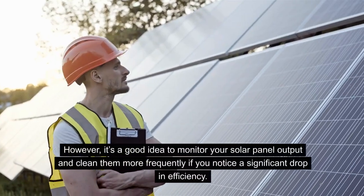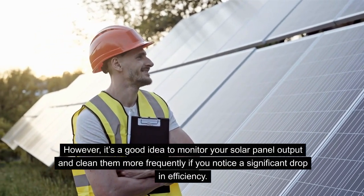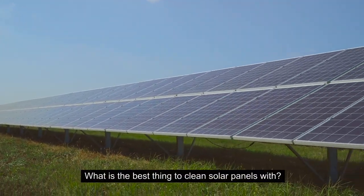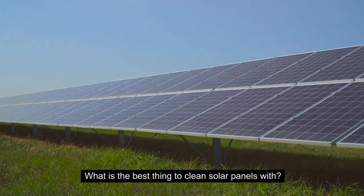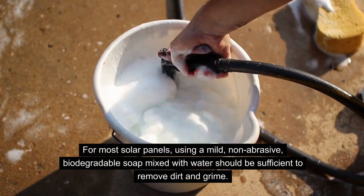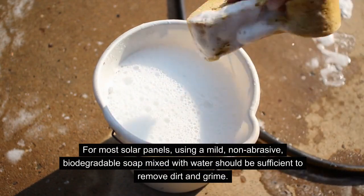However, it's a good idea to monitor your solar panel output and clean them more frequently if you notice a significant drop in efficiency. Another question you might be asking is, well, what is the best thing to clean solar panels with? For most solar panels, using a mild, non-abrasive, biodegradable soap mixed with water should be sufficient to remove